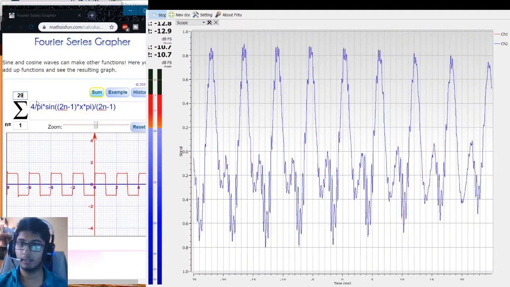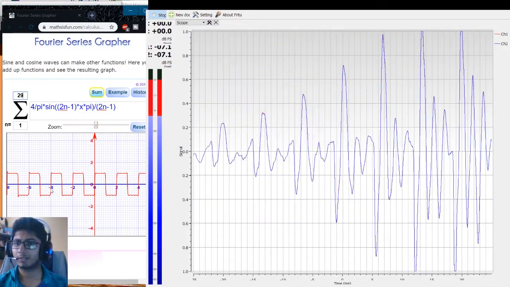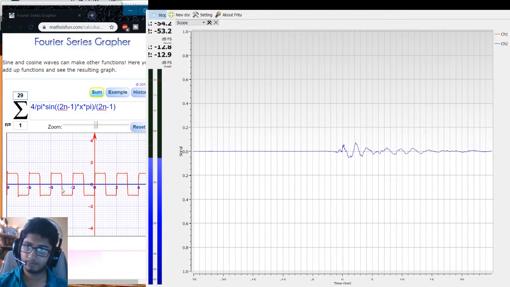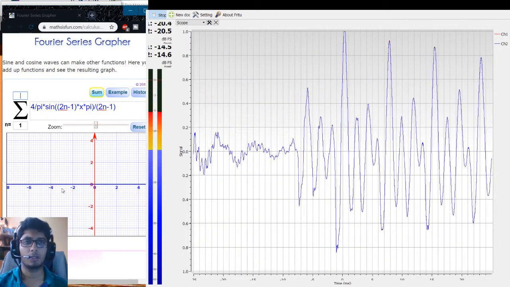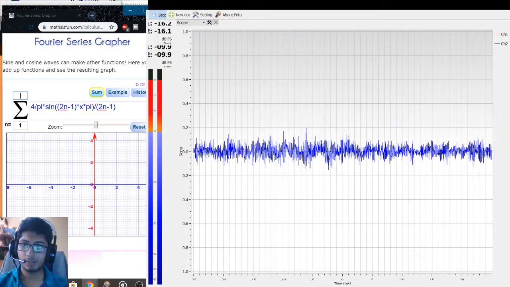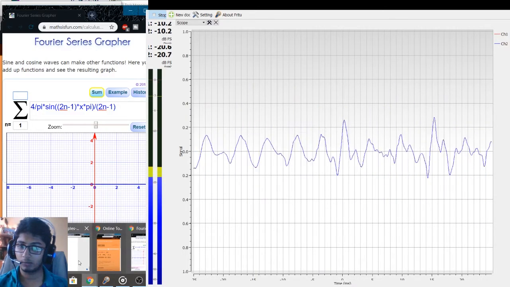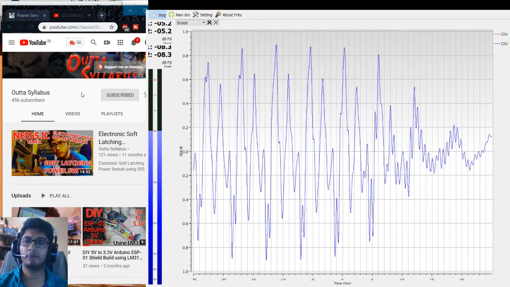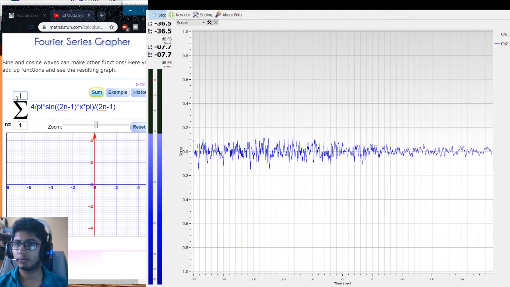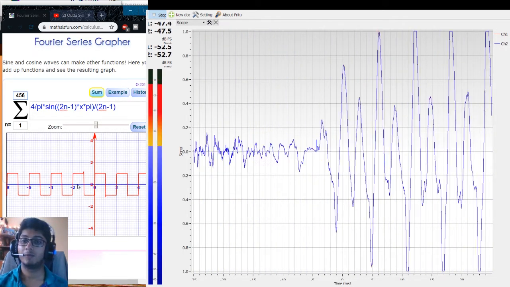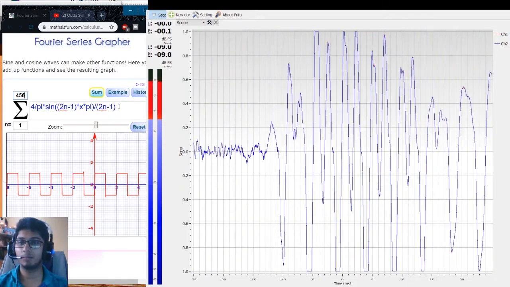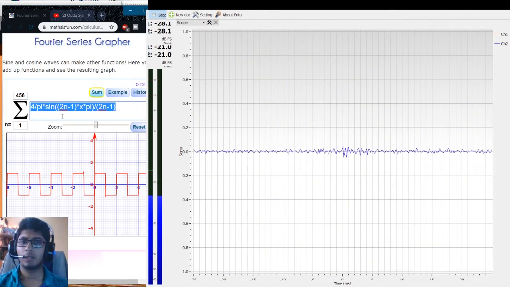Now you can obviously see our sine wave has converted into some sort of square wave. And if I increase this number more, let me put in something like, what is the subscriber count right now in our channel? Okay, it's 456. So let me put here 456. Wow, see, it's now a square wave. So this is how a sum of simple sine series can give you any waves you want, just like this